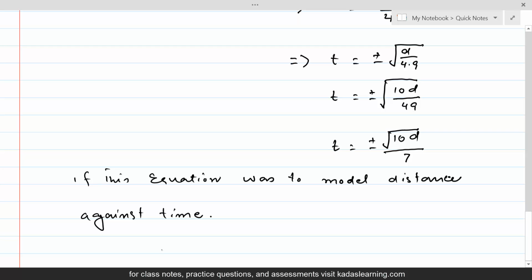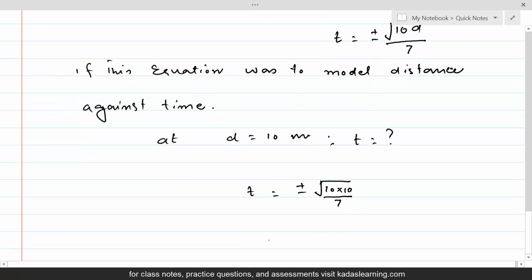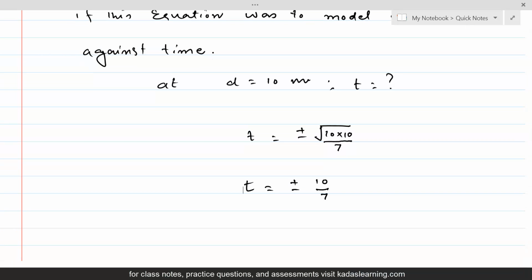Then at d is equal to 10 meters, what would be the time? How much time it will take, we can calculate, and that time can be taken as plus minus. Here that would be plus minus square root of 100 over 49, which is plus minus 10 over 7. So this is the time, and because time is never negative,